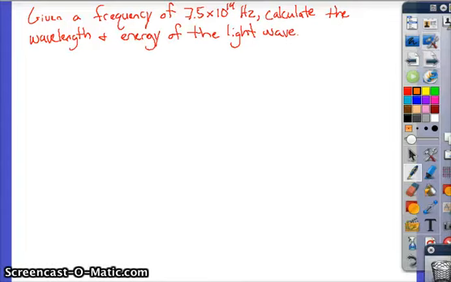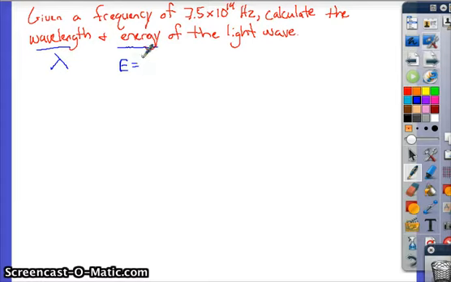In this problem, you're given a frequency of 7.5 times 10 to the 14th hertz, and you're asked to calculate both the wavelength and the energy associated with this light wave. Well, first off, wavelength is shown by the symbol lambda, and energy